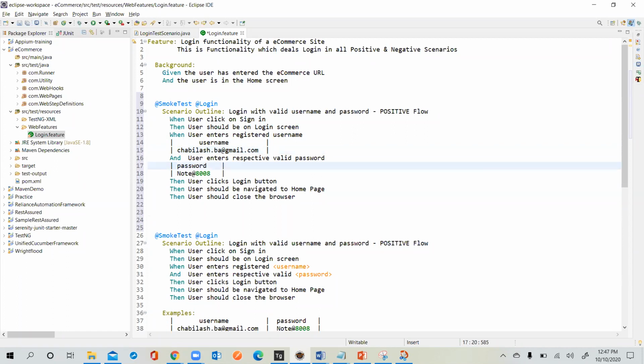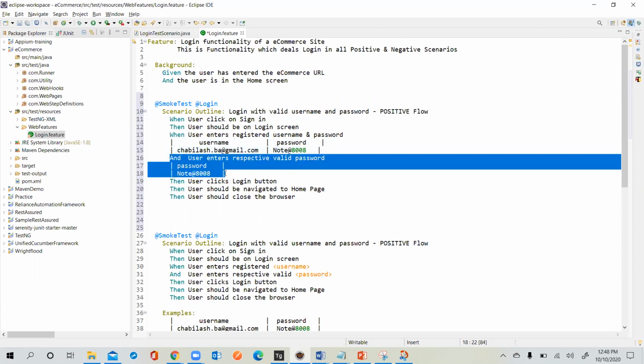Now, if you see here, line number 13 to 15. User enters the username. Actually, Abhilash, you can combine both also. User enters the username and password. So now we can create it, it would be the same thing. You can copy that password, excellent, and paste it, and that is the password. You can keep it here. Okay, now you can remove that complete line.